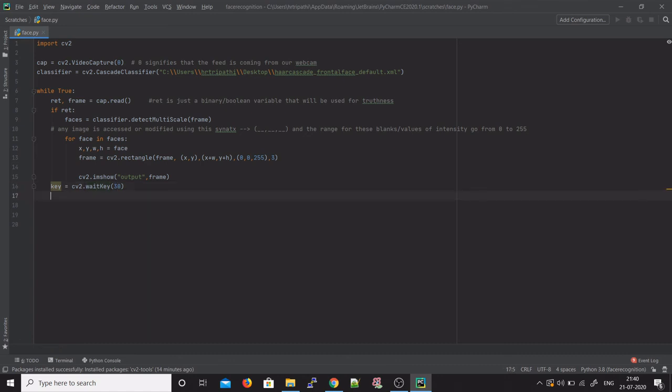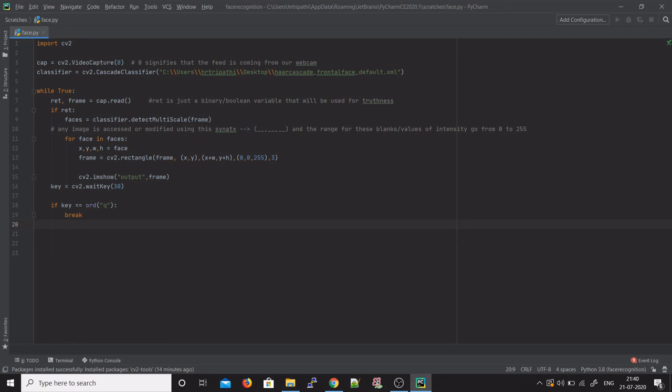Now, say I've completed my code and I've run it well, and I need to exit my code, right? How do I terminate my program? You write if key equal to ord of q, then break out.